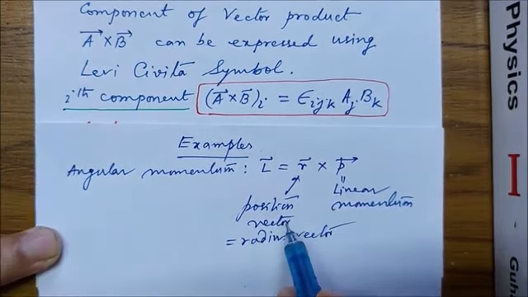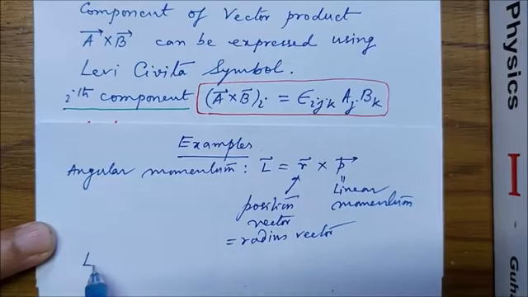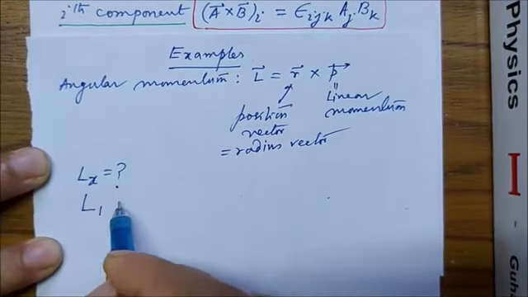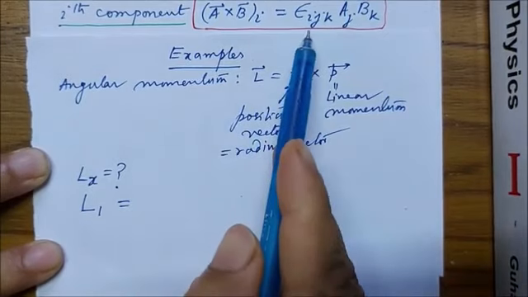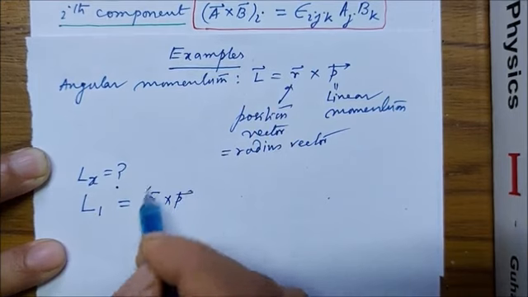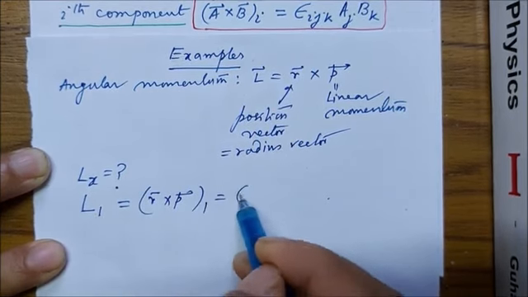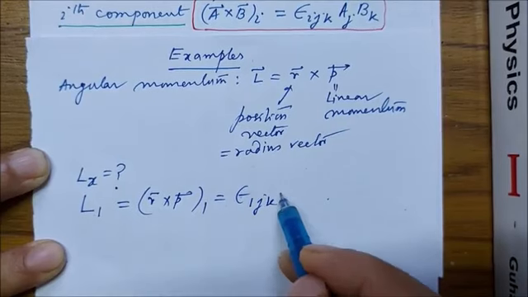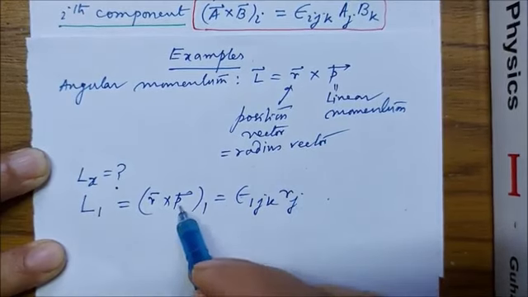So what will be Lx? Now Lx is actually L1, and therefore from this formula what we get is epsilon_1jk r_j p_k,